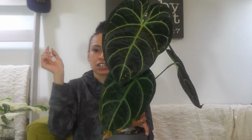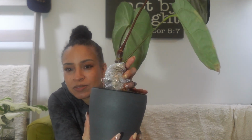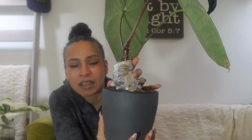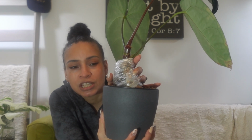Now it's just neglect on my behalf. But as you can see, I knew this was coming because she was toppling over, so I prepared myself. Put some sphagnum moss mixed with some tree fern fiber and some good old saran wrap. Hopefully she has some roots down there so this transition will be easier, and then I can use the stump